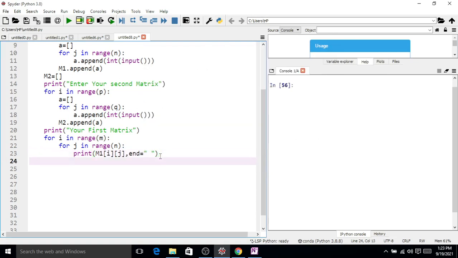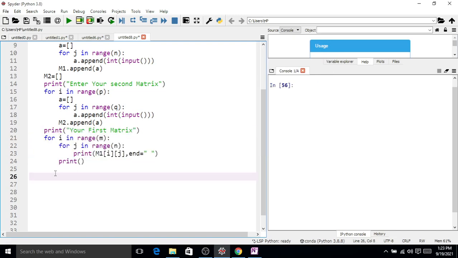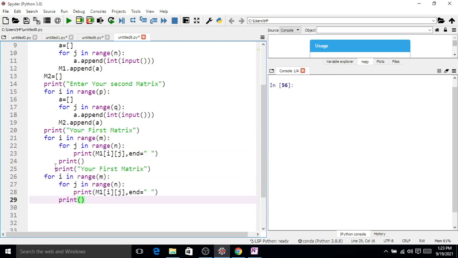Okay, and then a new line after each row, so print. Again, if we copy this with Control C, your second matrix is for I in range.